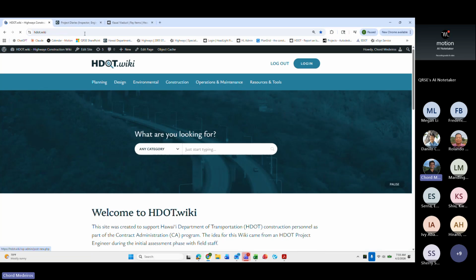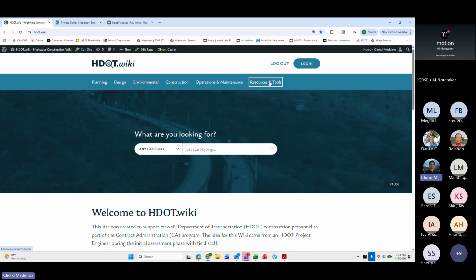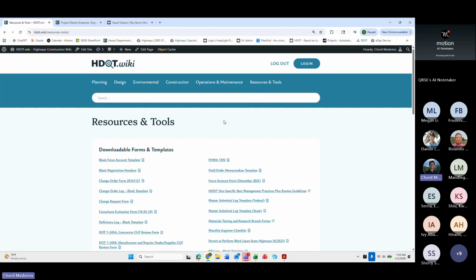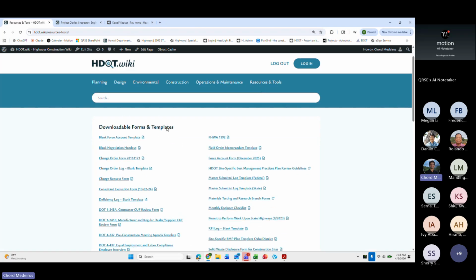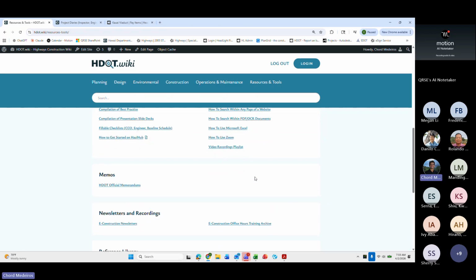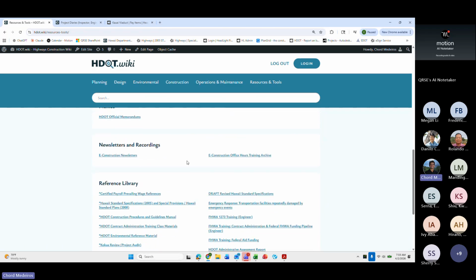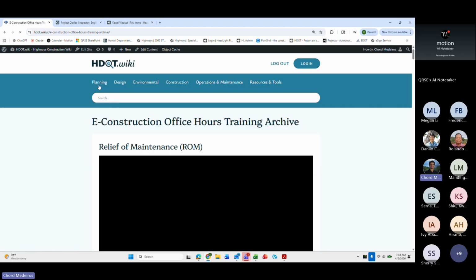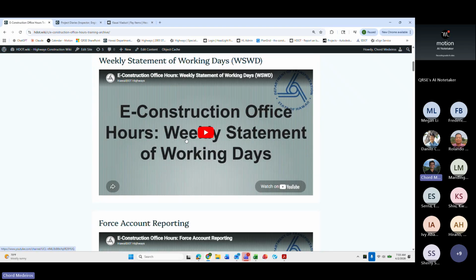So if we navigate from the homepage on the wiki site, we go over to resources and tools. Then if you scroll down, you're able to see downloadable form templates, how-tos, or just general how-tos. And then right down here, newsletters and recordings. If you click on this link, you'll be able to see all the latest newsletters. But if you click on this link, this is where we have all of the past